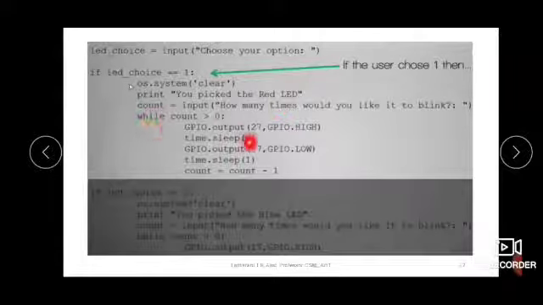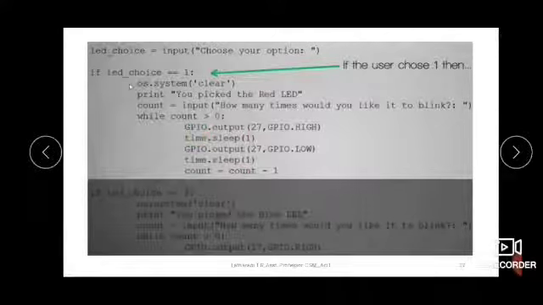Now this loop will be executed for repeating the blinking of the red LED. How many times has the user entered? Suppose let us say the user enters 5. So count is 5, and the while loop will be executed 5 times. 5 is greater than 0, and until then it will be executing. Each time count is decremented by 1 until it reaches 0, and this loop will be executed.